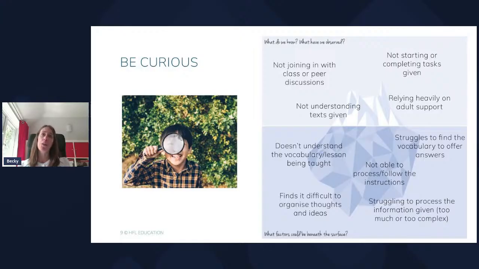Within secondary school, if teachers are aware that an iceberg can be carried out, they could ask the SEN team to do this, or they could do it themselves within departments or head of department meetings. Then taking that concern to the SENCO will enable the SENCO to support them in the best way, or subject leaders as well.